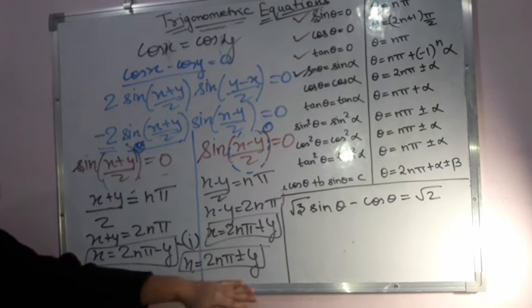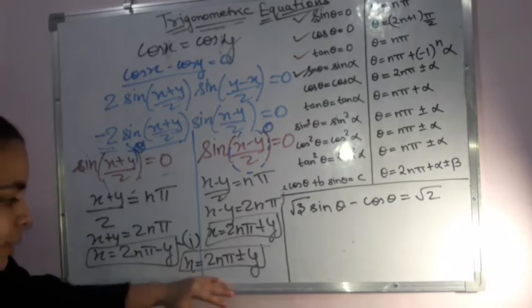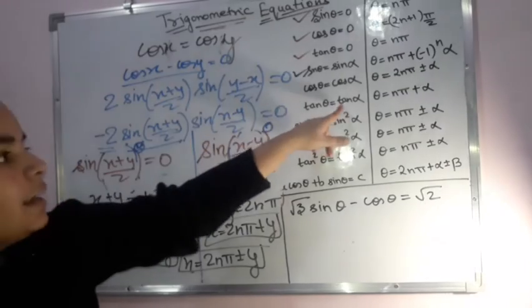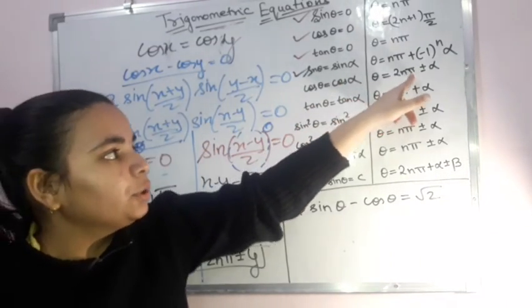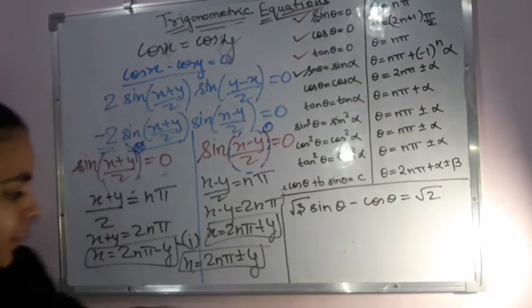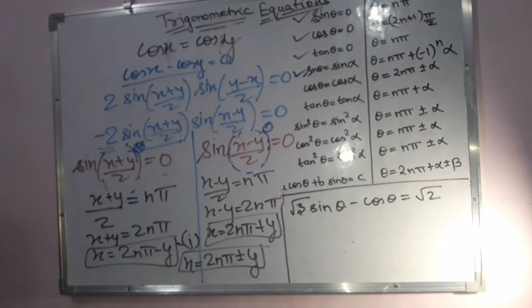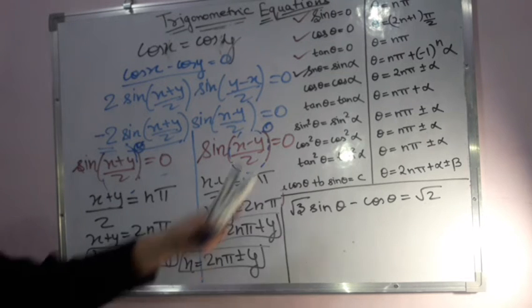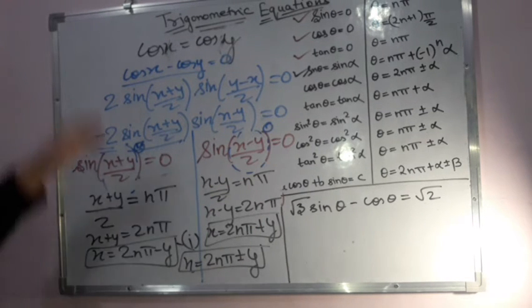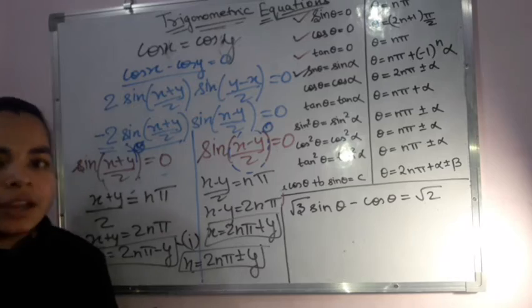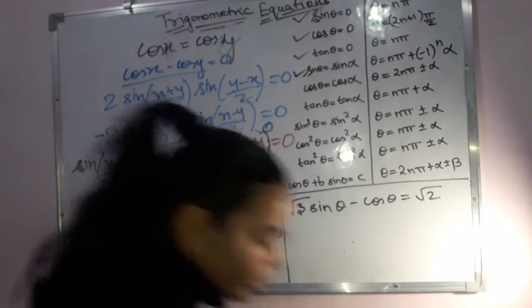So x is equal to 2n pi plus minus y, and this is similar to the equation that when cos theta is equal to cos alpha, then theta is equal to 2n pi plus minus alpha. In this case, x is equal to 2n pi plus minus y. Right? This was the derivation for it. You can simply learn this also, it will be of much help to you. And you can see the derivation so that you don't forget the formula. In case you forget it, you can derive it then and there within 1 minute. That is why I am solving this for you.